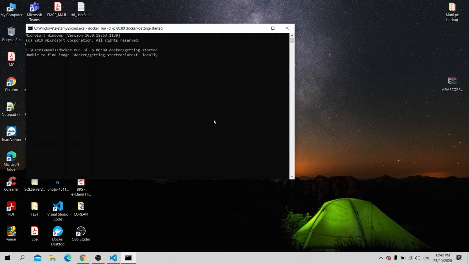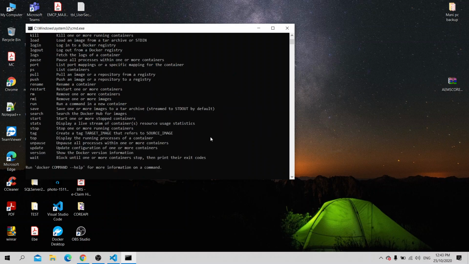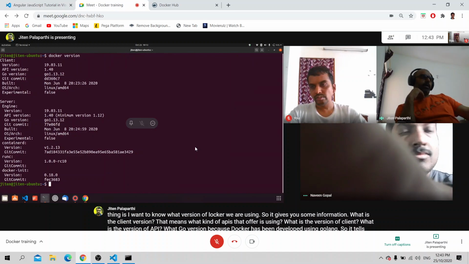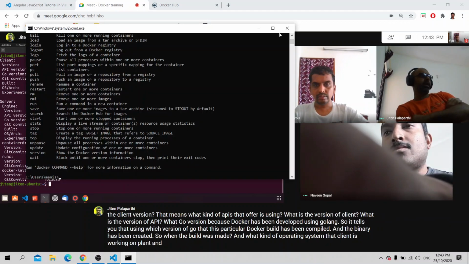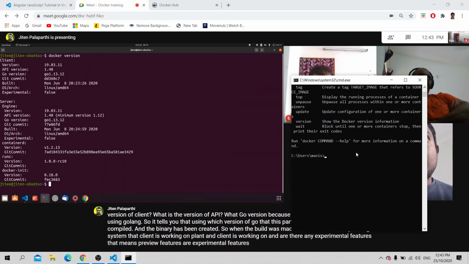Because Docker has been developed using Golang, it tells you which version of Go this particular Docker build has been compiled with and the binary created. It also tells you when the build was made, what operating system the client is working on, and whether there are any experimental features, that means preview features that are not very stable.